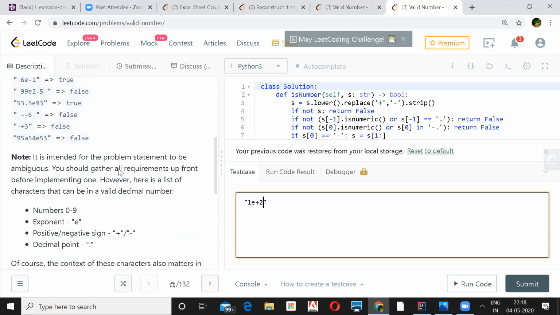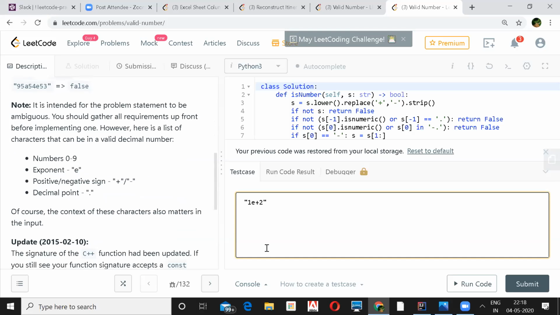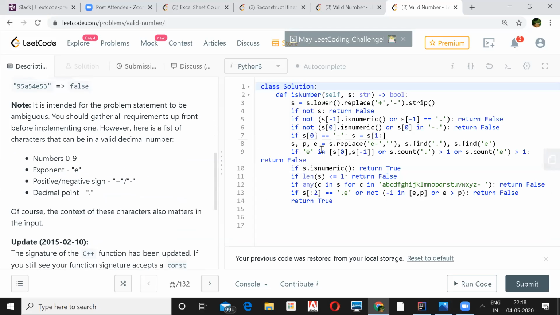So can you go through this? Yeah, sure. First I'm converting to lowercase, replacing every plus with a minus, and stripping whenever you find a space. This is the base case: if you don't have S itself, you return false. From the back side, we are checking if it is a number or a dot, otherwise it returns false.